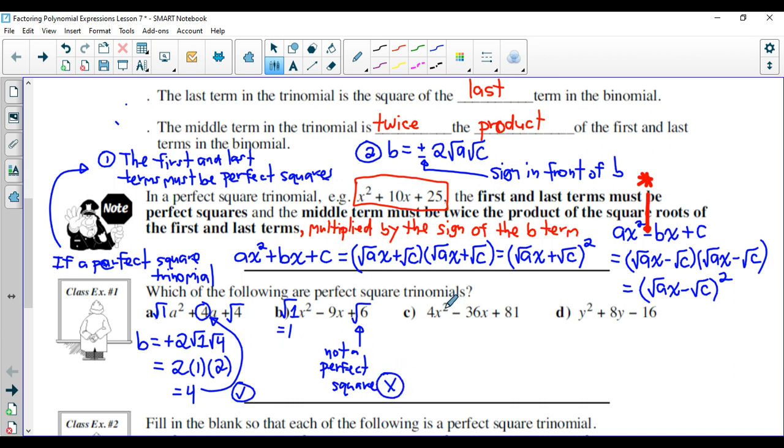Okay, how about this one? We have 4x squared minus 3x plus 81. First of all, let's see if it meets criteria 1. Is the first term a perfect square? Yeah, because you can take the square root of 4, which is 2. And is the last term a perfect square? Yes, you can take the square root of 81, which is going to be 9. Now, the other criteria it has to meet is this b criteria. So b would be equal to,